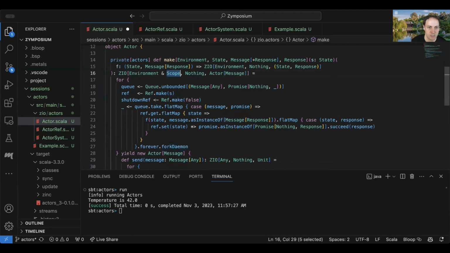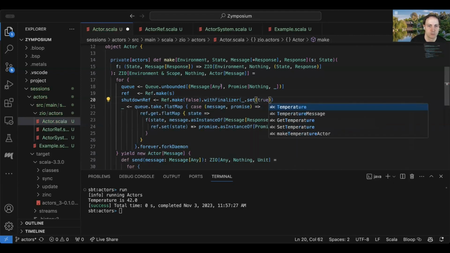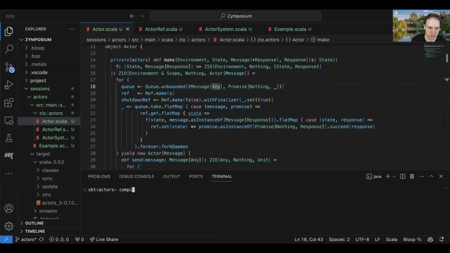So now keep this scope, but we'll do something else with it. And so we'll do Ref.make false. And we have an operator withFinalizer, blank dot set true. Let's see if I can get that.